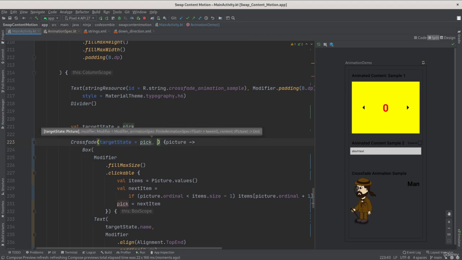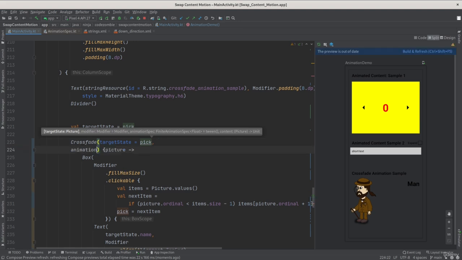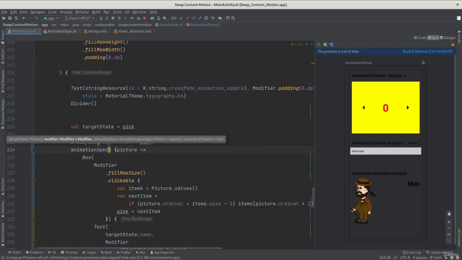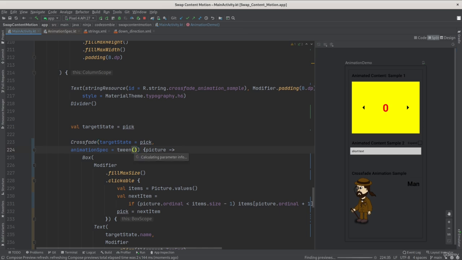I have animation spec, and the default animation spec, as you can see, is tween, and I can customize it. I can add a custom tween animation, for example,